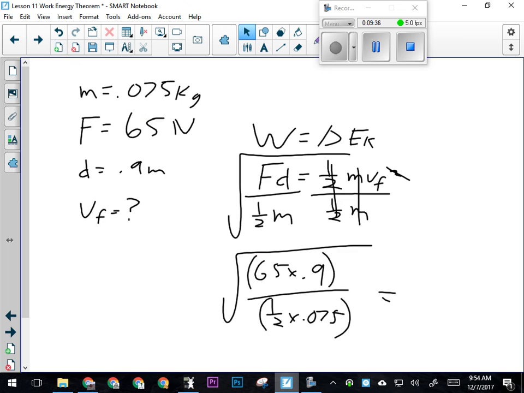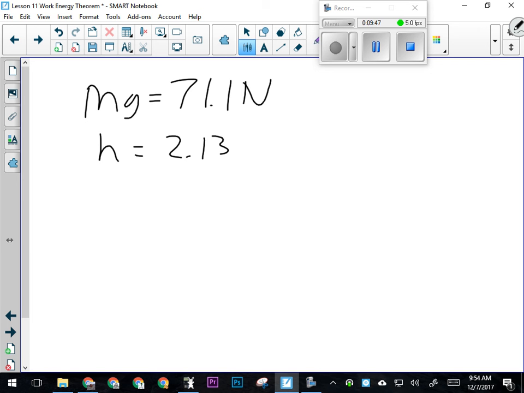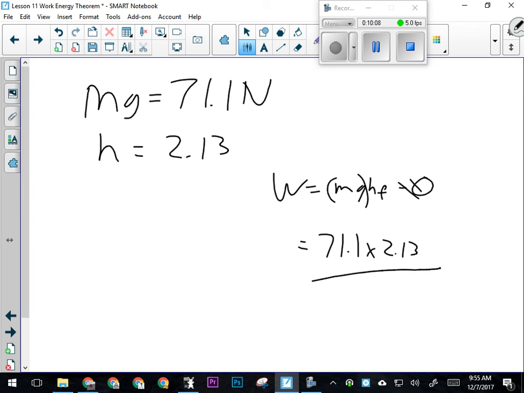So for this question, okay, what I do is I know that my m times g is 71.1 newtons, and I know that my height is 2.13 meters. How much work is done in getting it to 2.13 meters is the change in the potential energy. So work equals m times g times hf minus 0, because on the ground, the shot put had no energy. Okay, so all I have to do is multiply those numbers. 71.1 times, okay, because I already have those together, times 2.13. Okay,